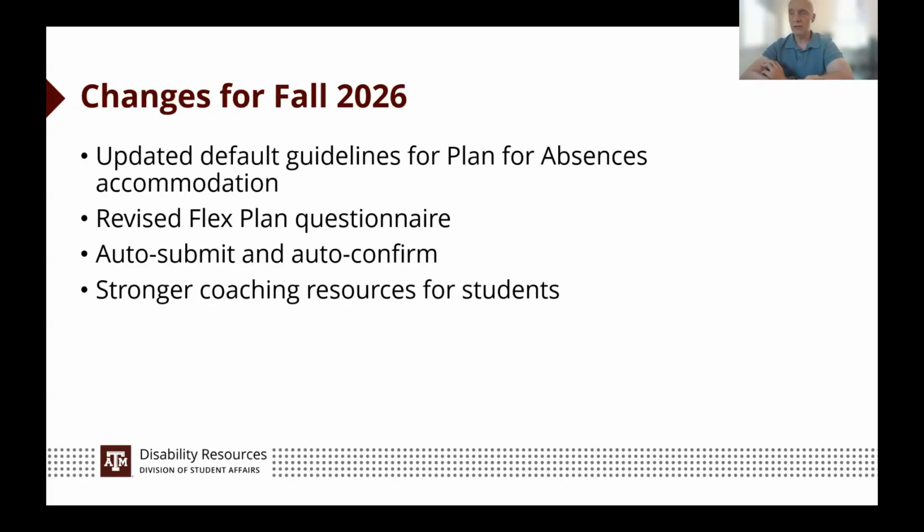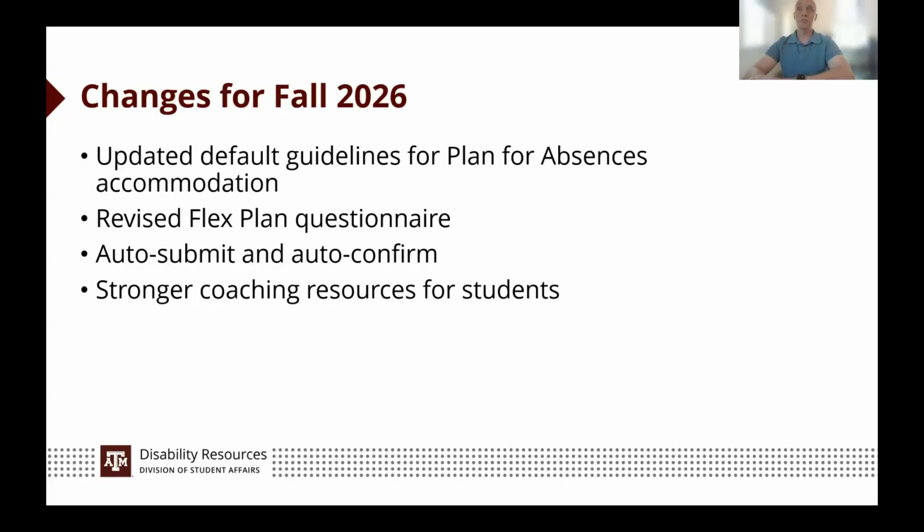This is a really thoughtful process of landing on this because it's important that we have a plan on file. Why is it important that we have a plan on file? If we don't have a plan, then the student can't meet their responsibility to notify you through FlexPlan, and that is critical to us. If we're going to be a partner in supporting flexible attendance, we have to have data to be able to support instructors. And so without a plan, we don't have that data. We don't know where the student's at. We don't know how they're using the accommodation, and we can't help you.